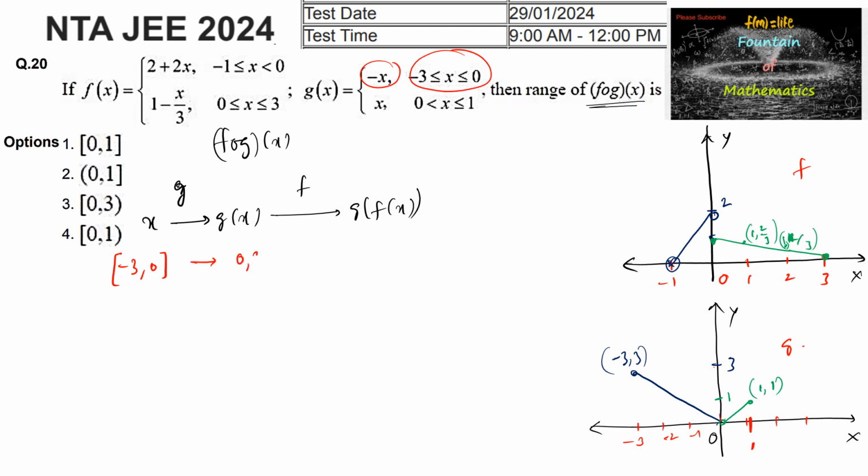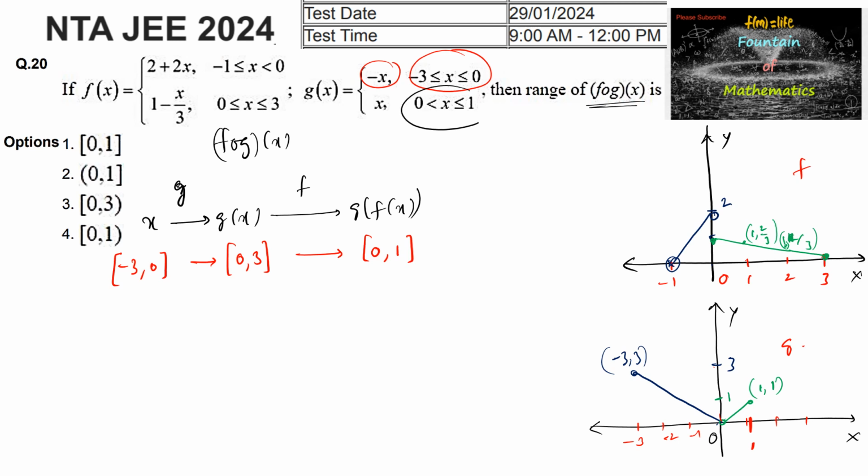So we can say the range is 0 to 3, and when the function takes x values 0 to 3, coming to the first function f in 0 to 3 you can see the range is from 0 to 1. We can see the range is 0 to 1,